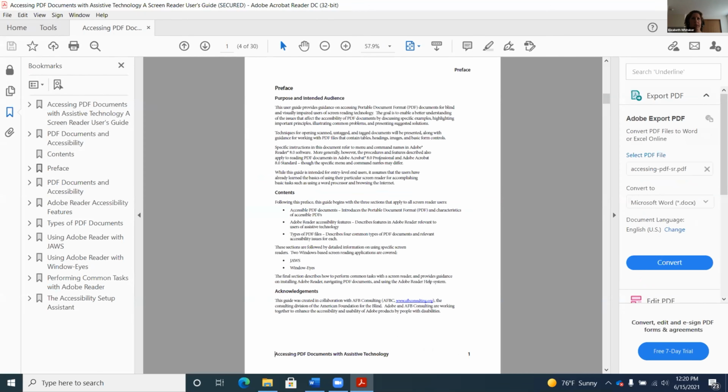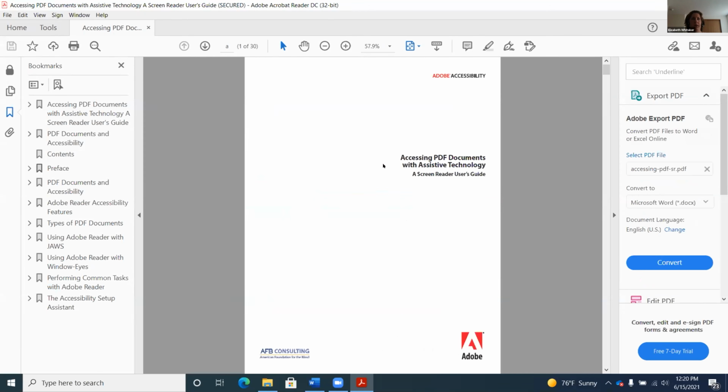All right, so it opens here. Accessing PDFSR.pdf document, page has 60. Okay, so I shouldn't have stopped it there, but it was about to tell us how many links it had. It's going to act like a web page. So what you get here is the title at the top, and then if you down arrow, heading level 1, accessing PDF documents. You have the heading level 1, which is the title, and then you can just read